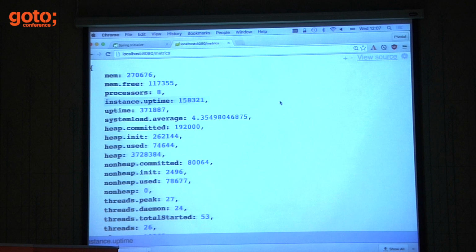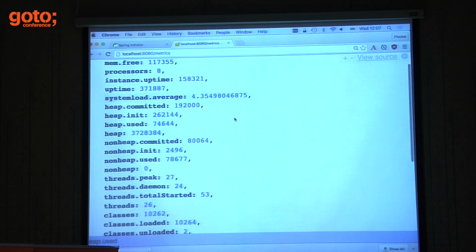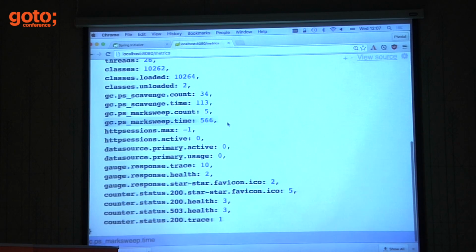Metrics. So we have a metric system built in Spring Boot with a very simple API. One API to record counters, so something you can increment, decrement, and one which is gauge, which is recording a single value. We expose all kinds of things related to the VM, and we also expose